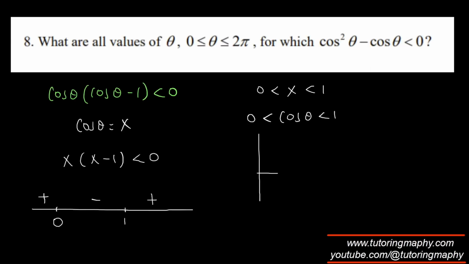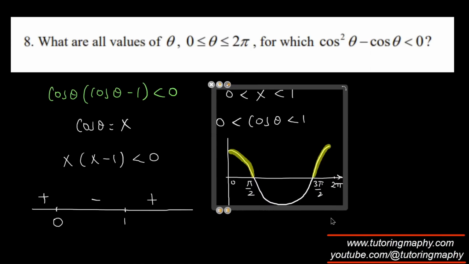So I'm going to draw this cos over here. Cos should be greater than 0, which means that it should be here. And obviously it's maxed out anyway at 1, so I don't have to worry about that. This is pi over 2. This is 3 pi over 2. This is 0. And this is 2 pi. So the answer is going to be